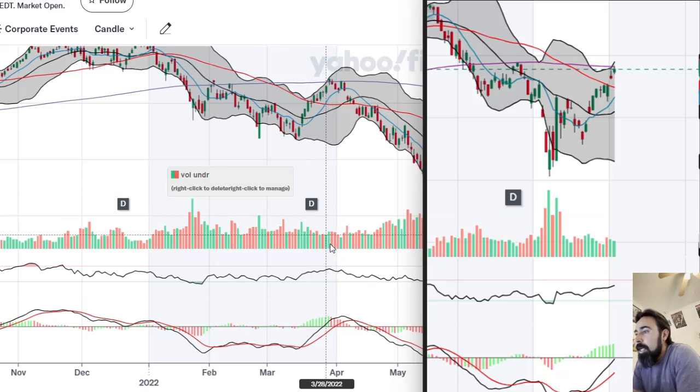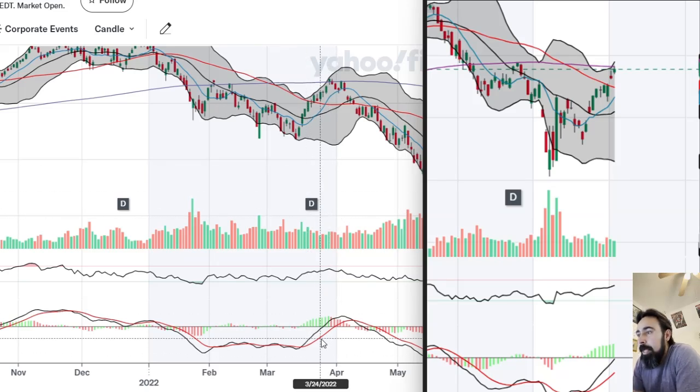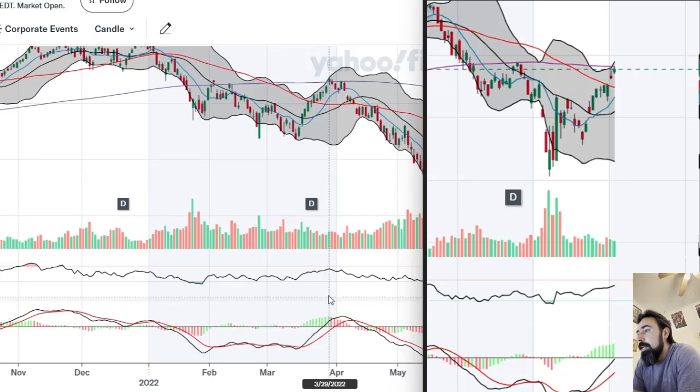How is the MACD during that time? Right there, very similar MACD. In 2022, it had already become positive, but it was just getting ready to turn around again. And at the time, the RSI was also strong.